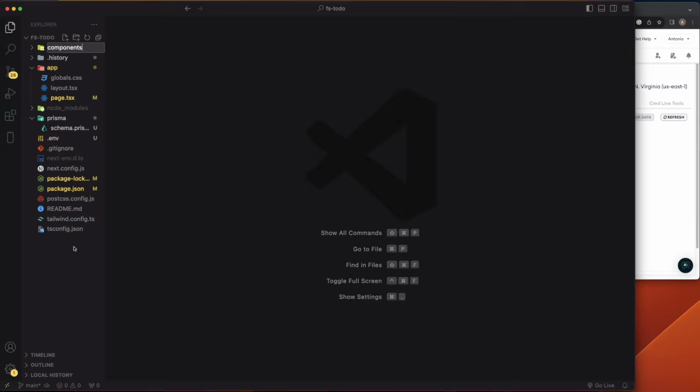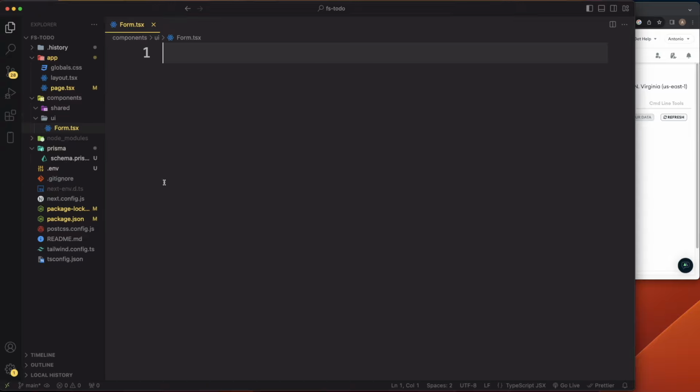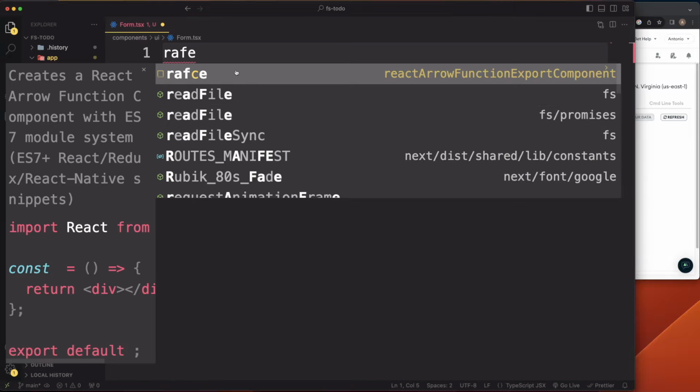So components, and inside this folder we're actually going to have two folders. We're going to have shared, and we're going to have another one, and it's going to be called UI, like that. All right, so inside of the UI we're going to have three components. It's going to be form.tsx,